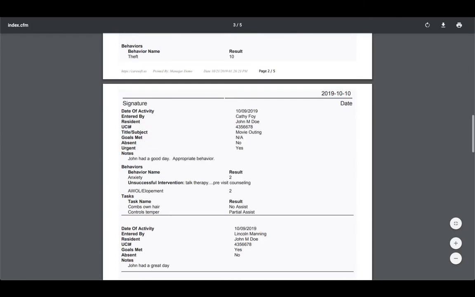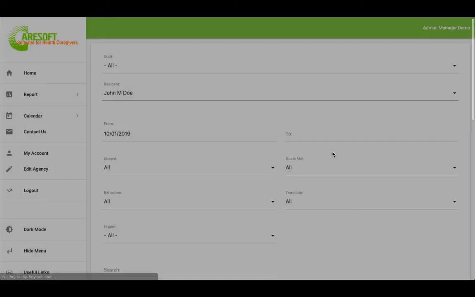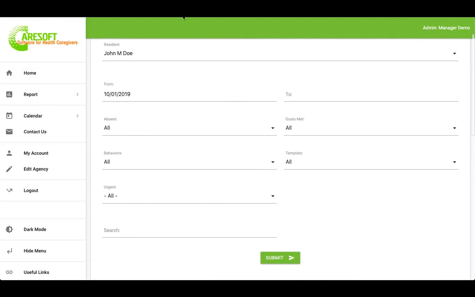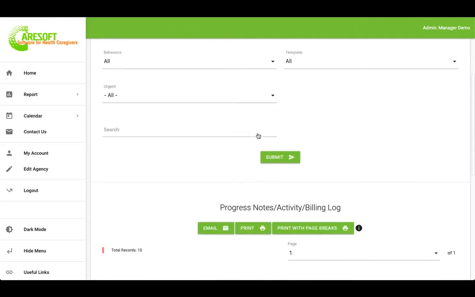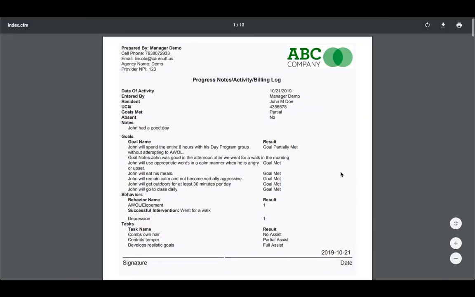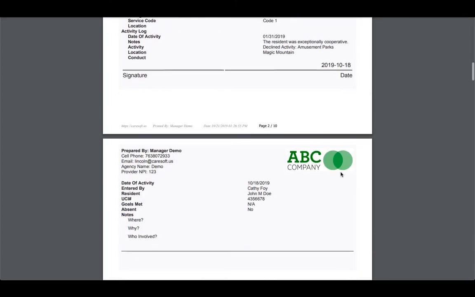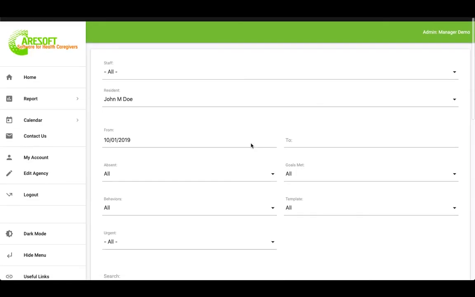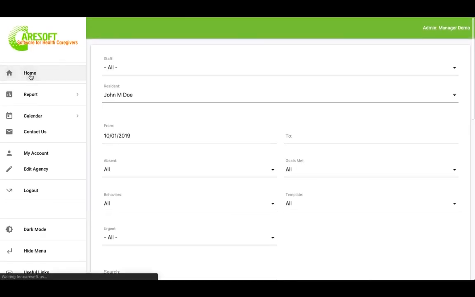If we decided to print this with page breaks, because let's say, for instance, we wanted to put each of these in a separate record, or maybe we were doing multiple residents and we don't want to put the same residents in the same record, we can just simply click print with page breaks, and what will happen is that it will print these forms, but each of them will start on a new page. So all of these would start on a new page, and all this information will be printed separately. All right, so that gives you some options there as far as printing the progress notes. All right, so let's just go back home,